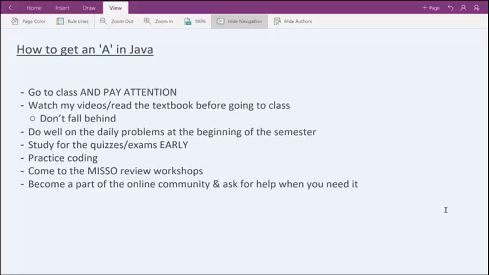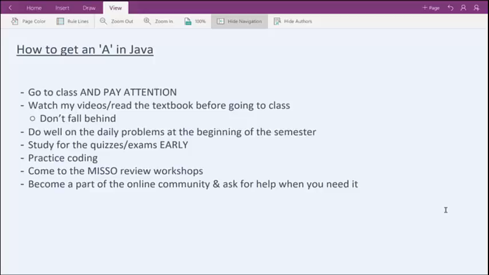And that kind of leads me to the next point, is that you definitely have to practice coding. If you're new to programming, then you'll know, it's kind of difficult to grasp what's being taught. And learning a programming language is a lot like learning a new language. Like if you're learning Spanish or French, you're not just going to learn it by reading it in a textbook. That'll give you a really basic understanding of what the language is. But in order to actually become an expert at the language, you have to practice it. And the same goes for coding. So if you want to get really good at coding and really good at programming, you have to practice it constantly, and that's the only way you're going to get better.